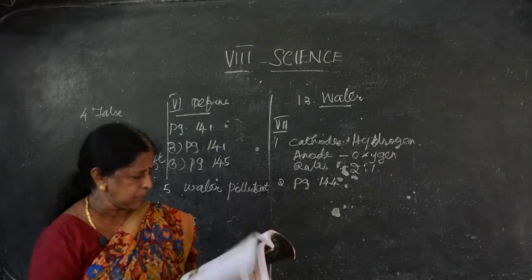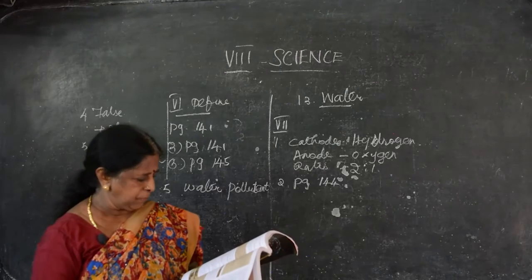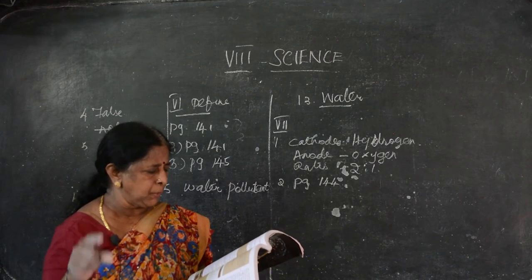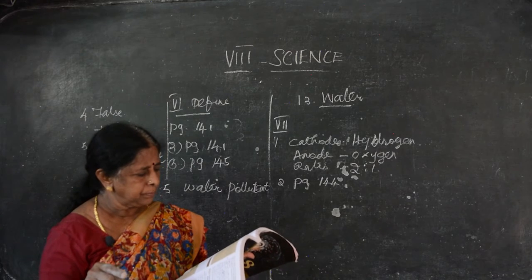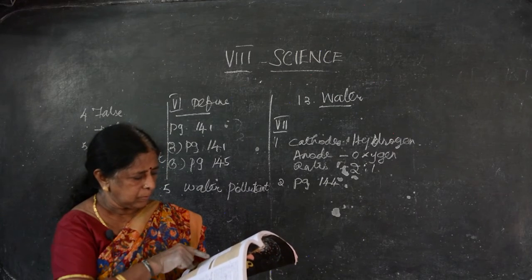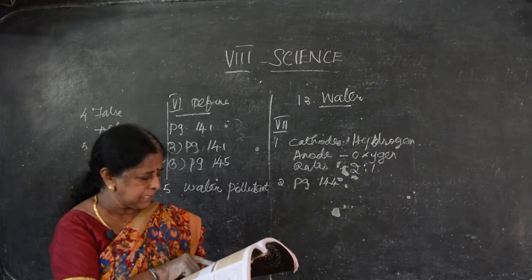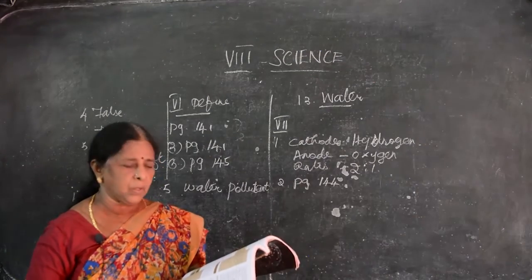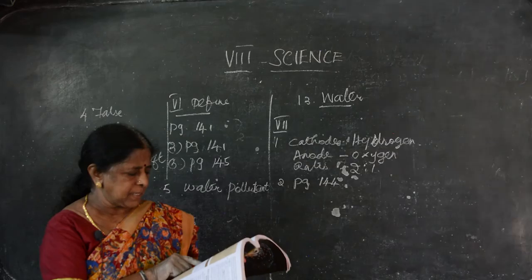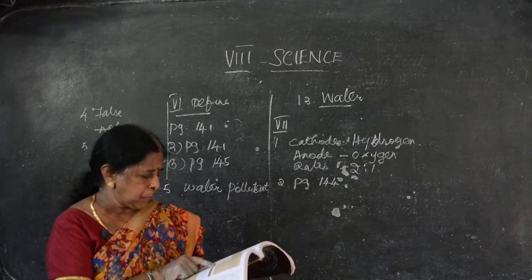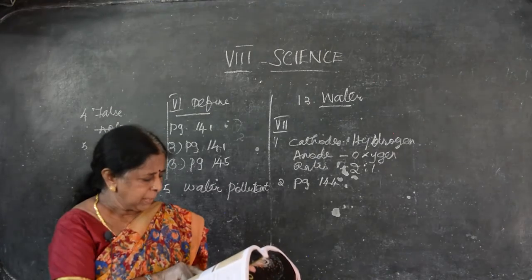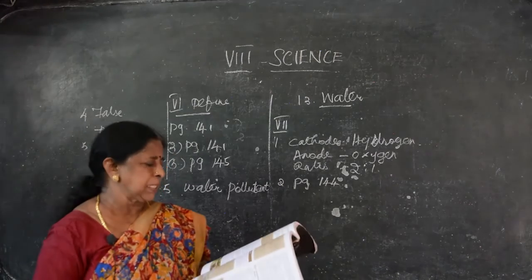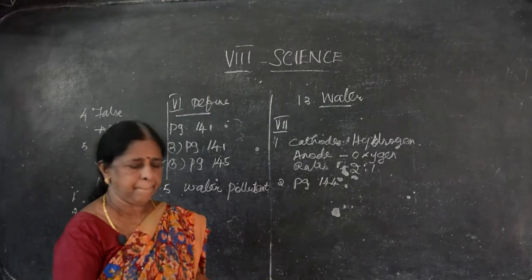State the importance of this one. Page number 144. Next to the paragraph, under U, points. Already we gave the points. First 3 points. Air dissolved in water is important for the living organism to survive. Fish extract the oxygen from the water. First point, second point, and third point. Carbon dioxide, aquatic plants make use of dissolved carbon dioxide for photosynthesis. First 3 points. Okay.